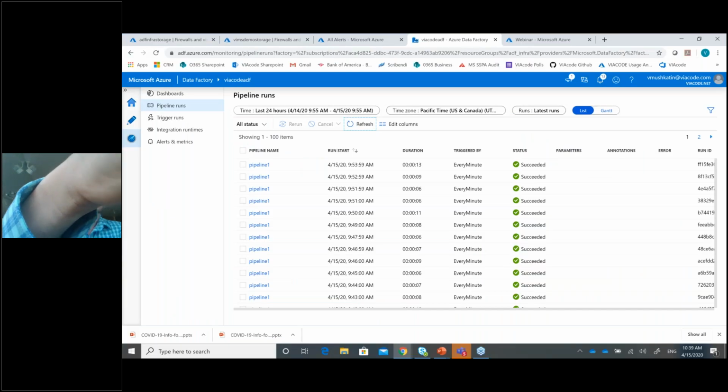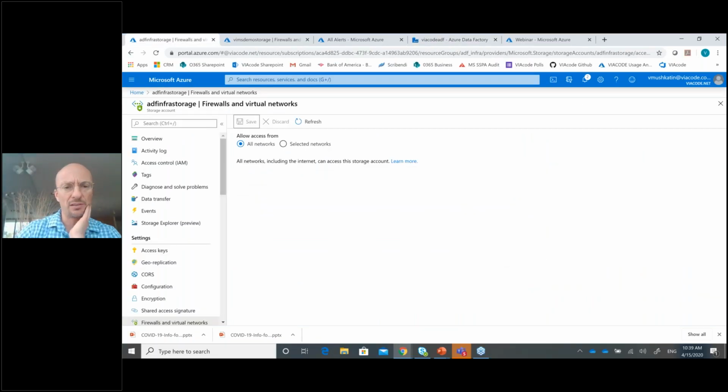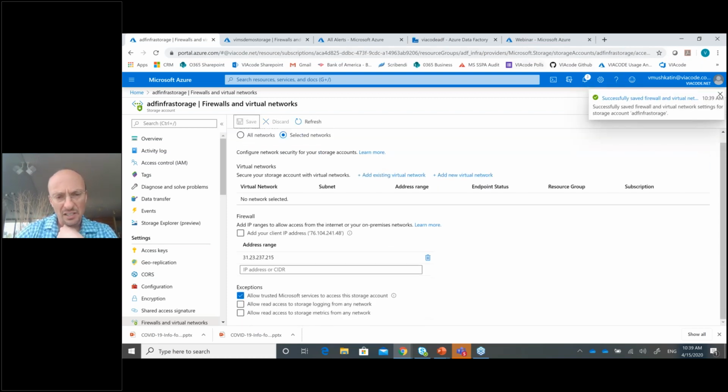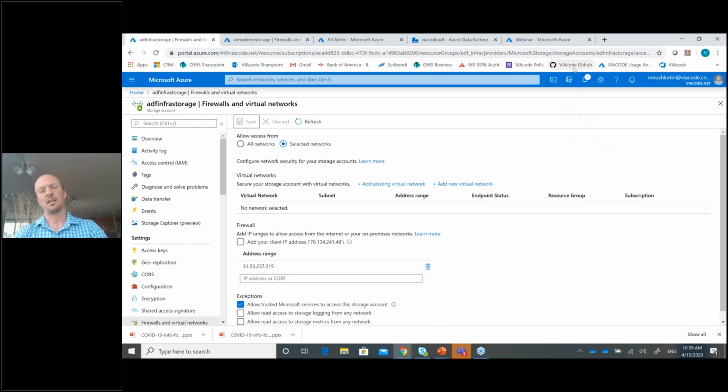And what you see here is essentially my storage account. I'm planning to switch from allow any network to deny. Essentially, I have this address range that I'm allowing, but the point is that no one else can access this storage account.